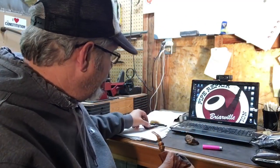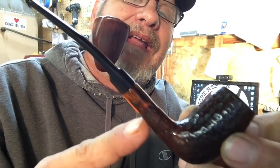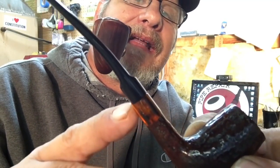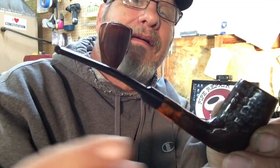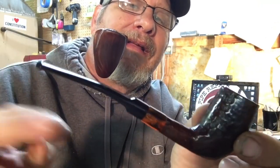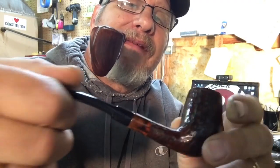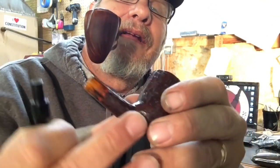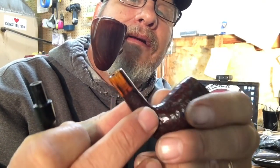There's another one. We had to take a little different approach. The break was rather large, and we had to take quite a bit of the shank off. And I thought that it would have looked funny. I didn't think the pipe would keep the same characteristic, that nice smooth flow and the lines there, with it being shortened. So what I did is I fashioned an acrylic mortise for it, and a shank extension, and we put that in there,